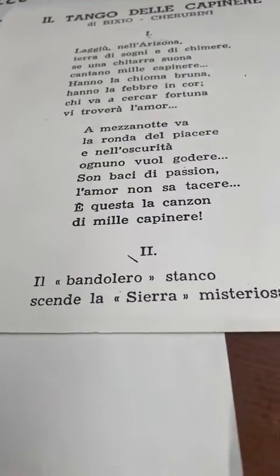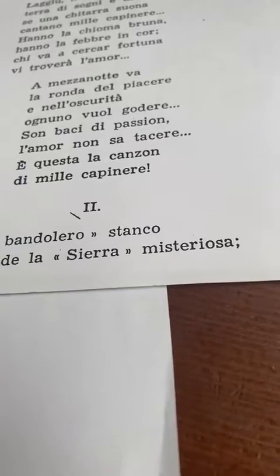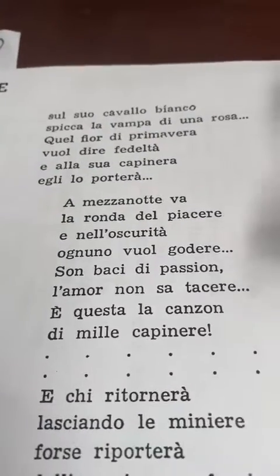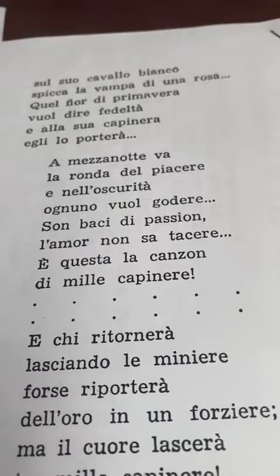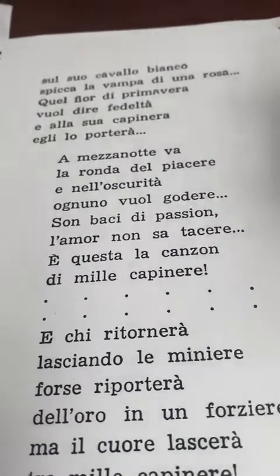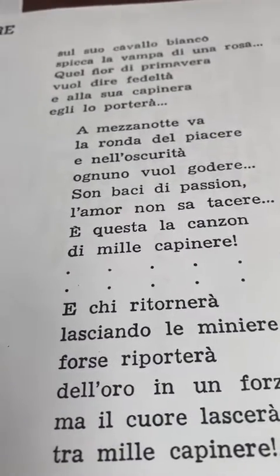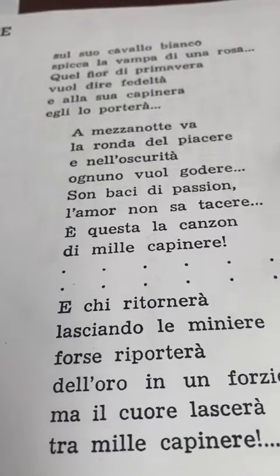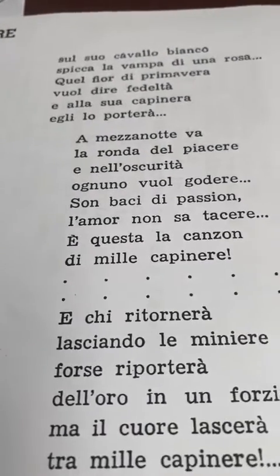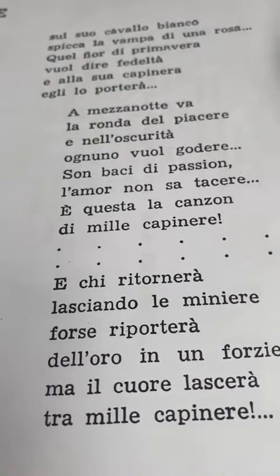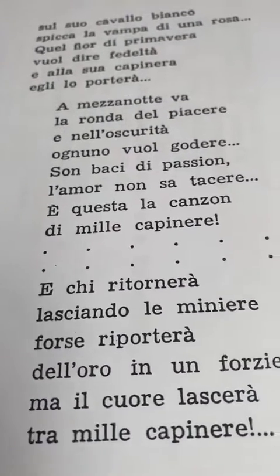Il bandolero stanco scende la sierra misteriosa. Sul suo cavallo bianco spicca la vampa di una rosa. Quel fior di primavera vuol dire fedeltà e alla sua capinera egli lo porterà. A mezzanotte va la ronda del piacere e nell'oscurità ognuno vuol godere. Son baci di passione,